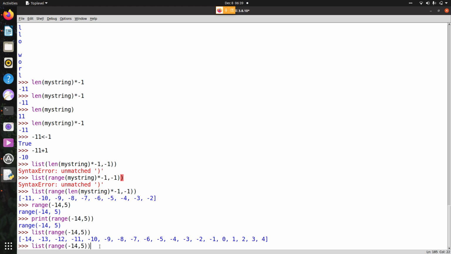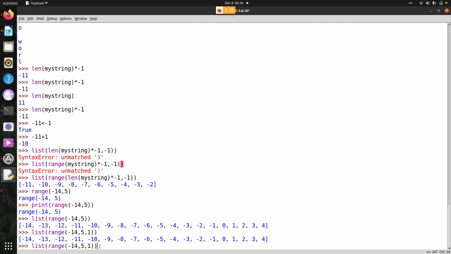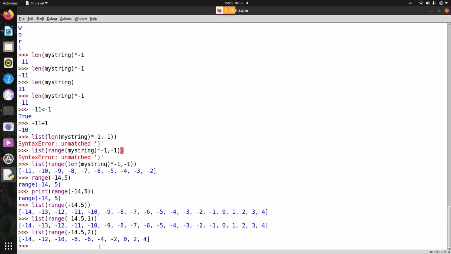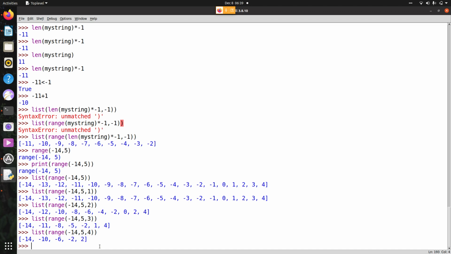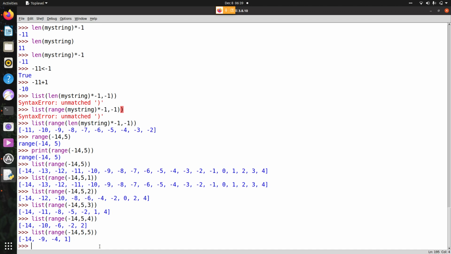Now just to do one more change, I am adding here 1. There will be no change. Now I will add value here 2. There is a jump of 2, numbers interval is there in between each, guys. Now I will go and I will add 3. See, it reduced. Now I will say 4. It even reduced. Now I will say 5. Now it is even reduced. This is how a range will be used.